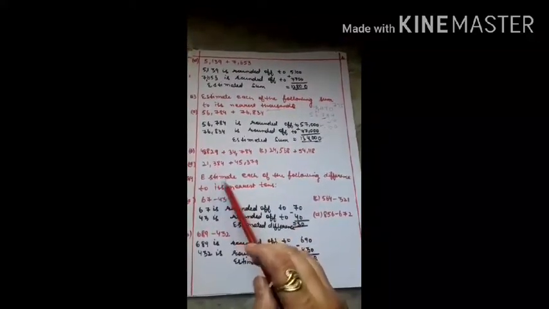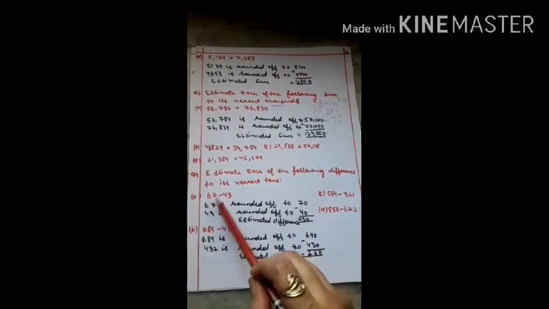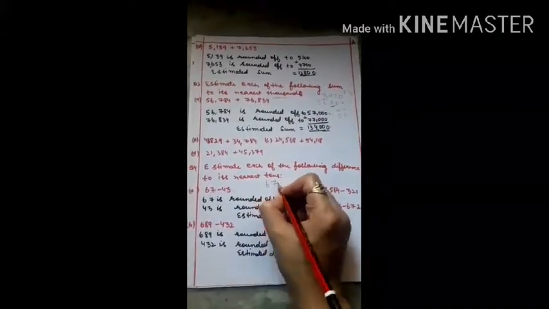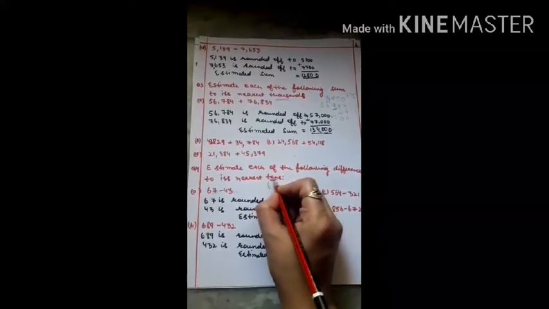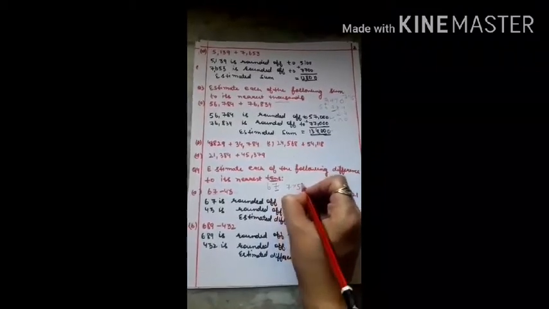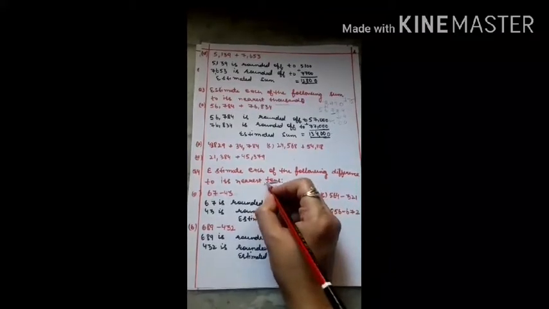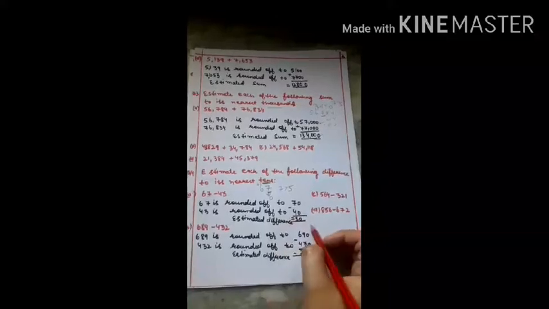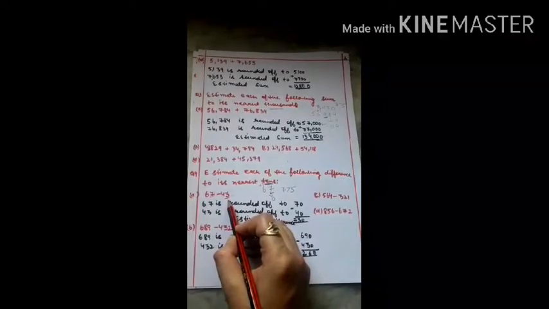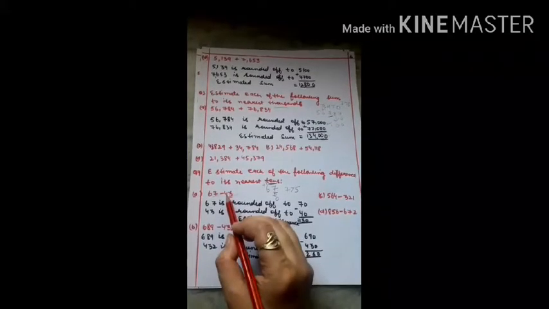Now question number 4 is, estimate each of the following differences to its nearest tens. What you need to do here is the same, you have to round it off. Here it is given 67. It is asked to round off to the nearest 10. You look at the digit at the ones place, you will see 7 is greater than 5. So you'll write 0 at the ones place, and plus 1 is added to the digit at the tens place. You follow the same procedure in this case. Here it is 43, 3 is less than 5, so no change will be done at the tens place. You write 0 at the ones place.